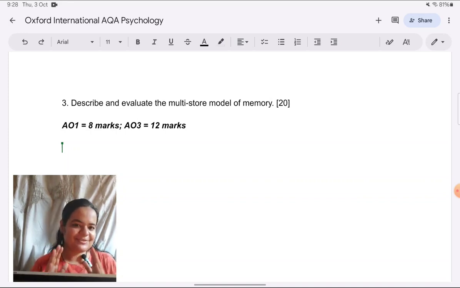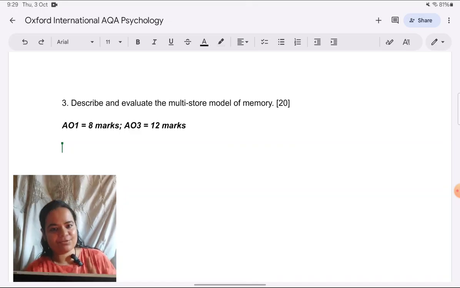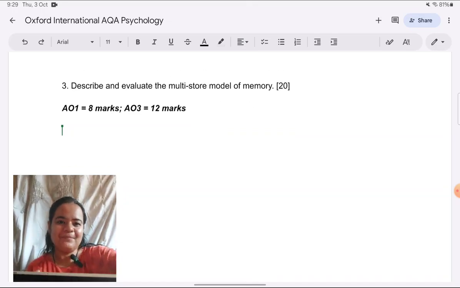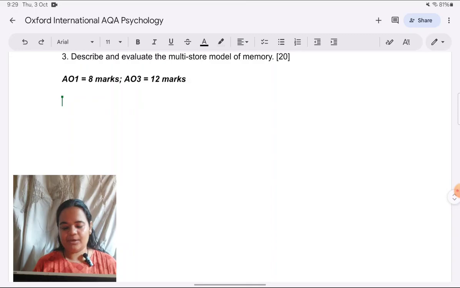This is the type of question which you should really try to score your best on. Sometimes when they give a scenario, students get confused. Here they've not even asked you for anything related to AO2. So this is where you can really score. Okay, let's see what all we can cover for AO1. These are my suggestions. There are lots of possibilities.